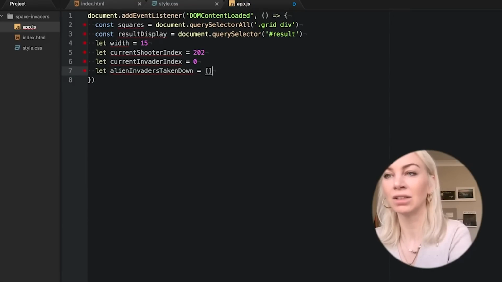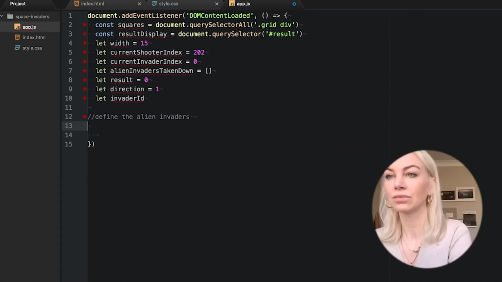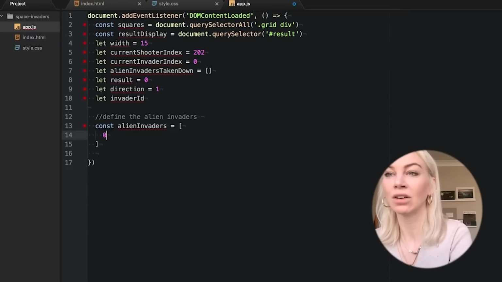Let our result be 0 for now, and let the direction we want to go in be a 1. Again, I will explain that later. And finally, let's leave the invader ID as null for now. Now, let's define our alien invaders as how we would want them to appear in our squares array.